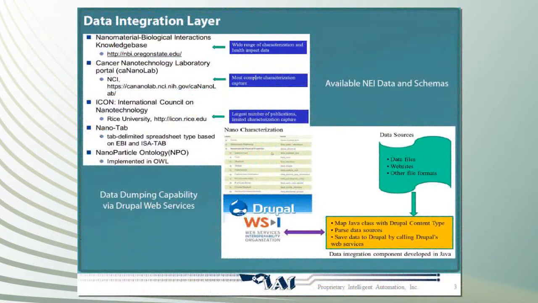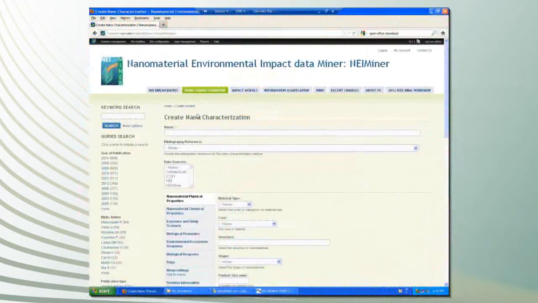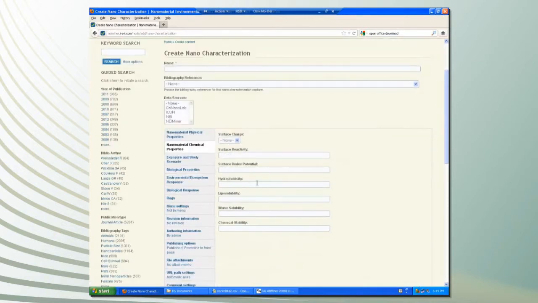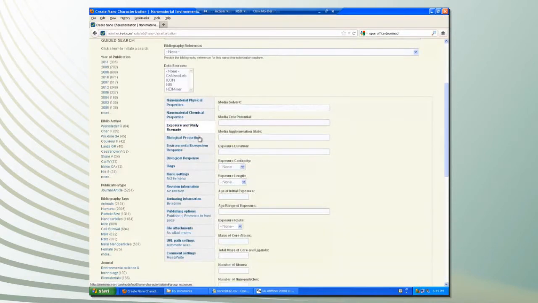The purpose of the data integration layer is to bring heterogeneous data sources related to NEI to the storage system managed by the data management and access layer. In NEIMiner, the storage system is designed according to an aggregated abstraction of NEI bibliographic and characterization data. The major effort of data integration is to extract, transform, and load, ETL, data into a common data structure in